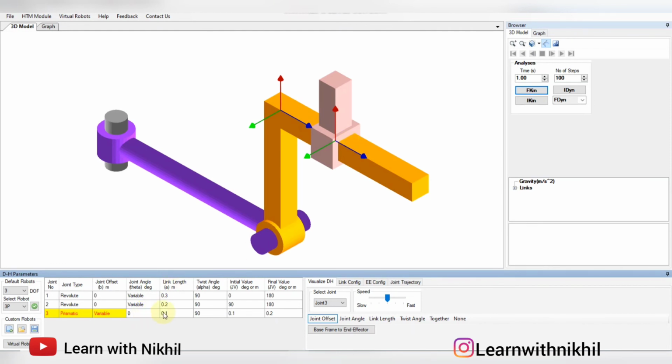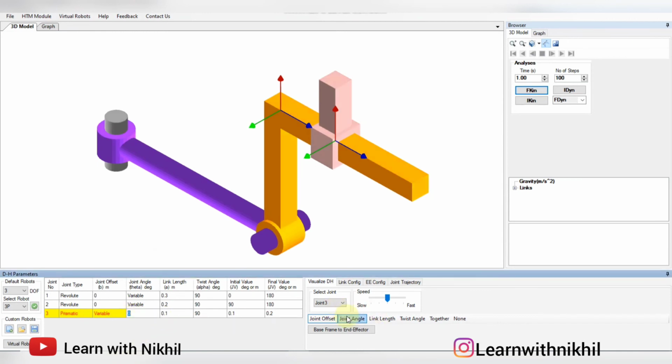If I change this joint angle, this is how the link will be, but this is fixed. It will not rotate. If I do the forward kinematics, it is fixed. We have to enter the value and it gets fixed. So 45 degree, 30 degree, 90 degree, anyhow I can change this as I want, but it is a fixed value given. Now it is 0, it is fixed. Next is the link length, that is 0.1.